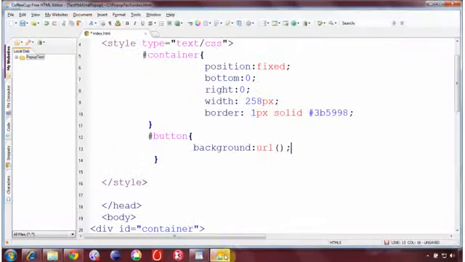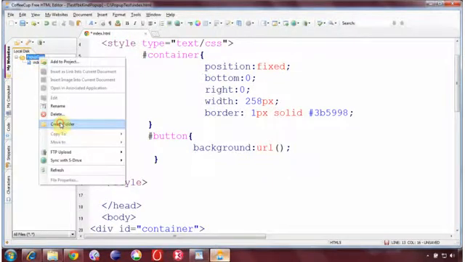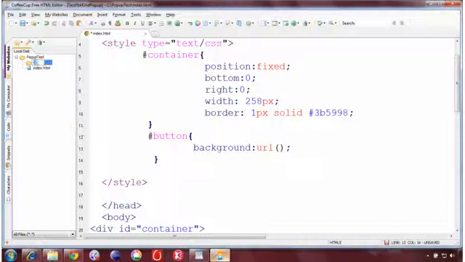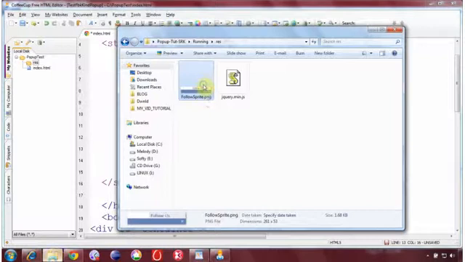Just have the concept that we have an image that combines two images. Now where exactly is the image? You can see here I have this particular project in which I have this HTML file. Here, let's say I create a new folder and call it resources. I'm going to refer to resources here, and all I need to do is copy this image from here to the C drive.